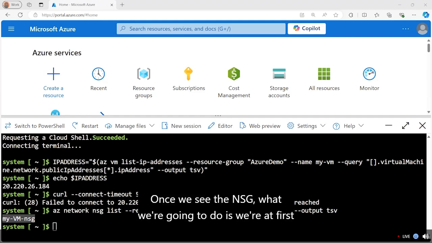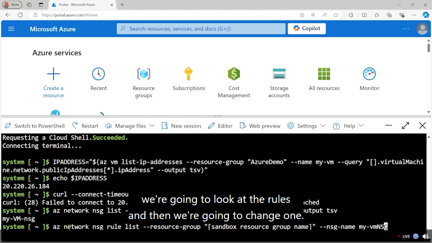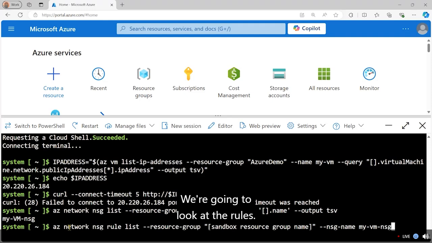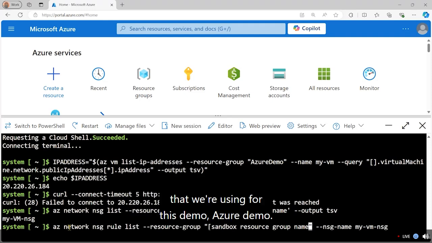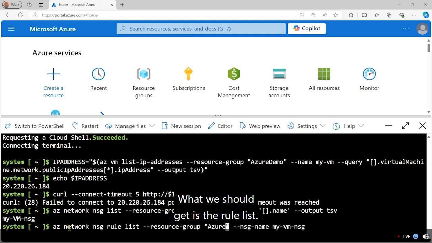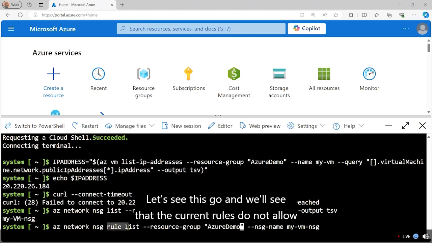Once we see the NSG, first we're going to look at the rules, and then we're going to change one. So we want to make sure that we target the right NSG. I'm just changing the resource group again for the resource group that we're using for this demo, Azure demo. And what we should get is the rule list. So let's see this go. And we'll see that the current rules